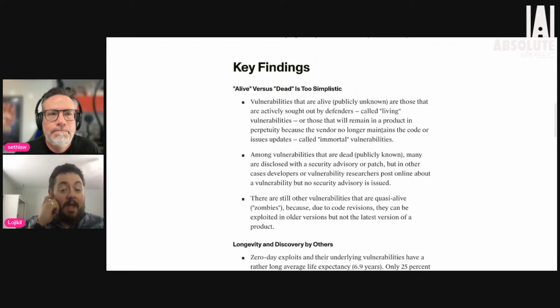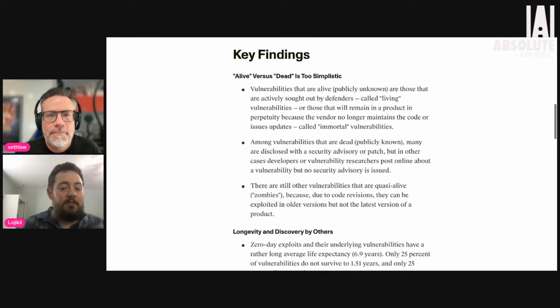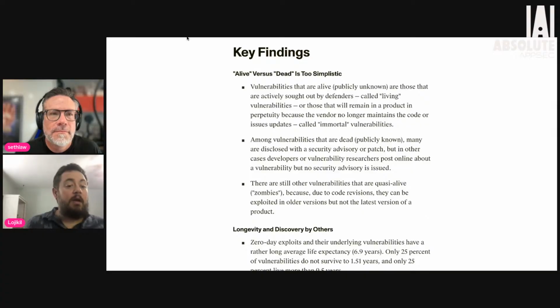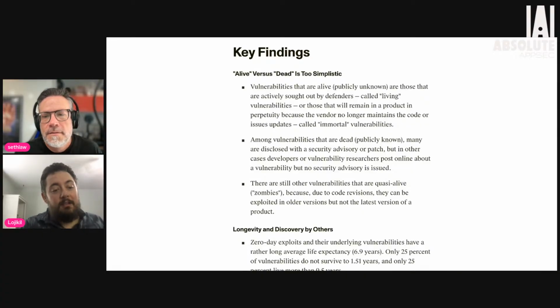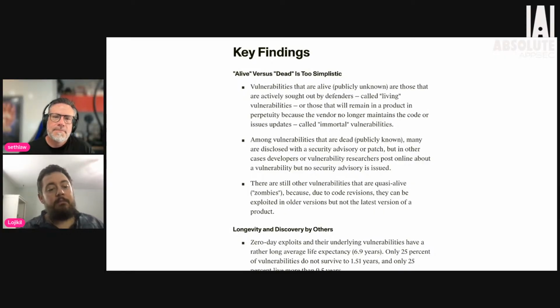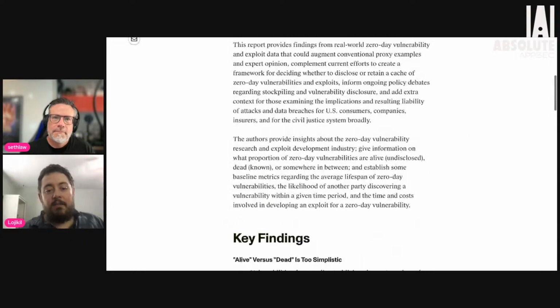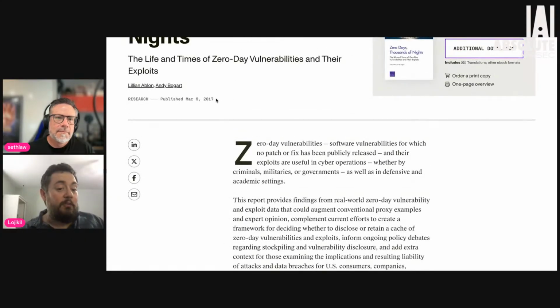So it's very interesting to see how they start to classify. Alive and dead is not useful because sometimes you can have something that's known, but the infrastructure lives in some place that it'll never be updated, right? It's all the things that we've talked about previously. It's probably one of my favorite papers, and it's almost 10 years old now, if I recall correctly. It's that sort of research into the context there. Yeah, 2017, right?